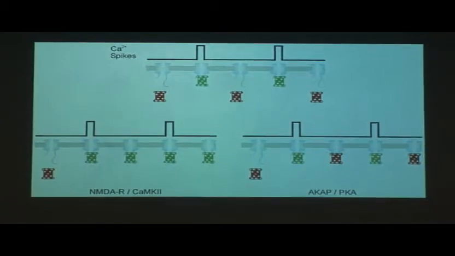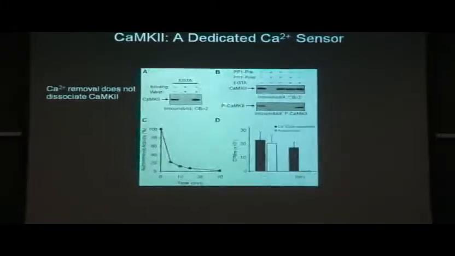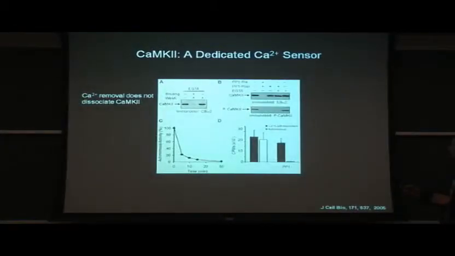The other possible model was to see whether it was similar to the NMDA receptor interaction, where the kinase associates with the receptor and then stays on and cannot be turned off. It cannot be unautophosphorylated. And the third model that we considered is that the kinase stays on, but can still be regulated. That is, the kinase remains associated with the channel, but can be turned on or off via activation of the kinase. I'll tell you that it looks like the third model, and let me describe why.